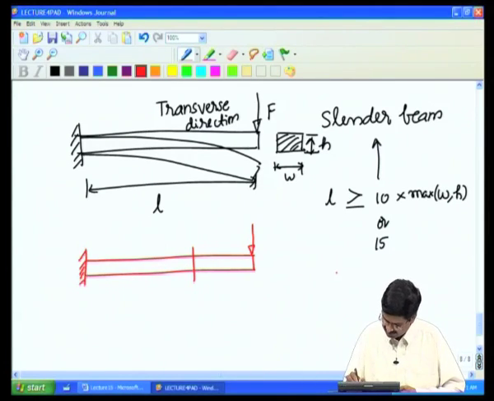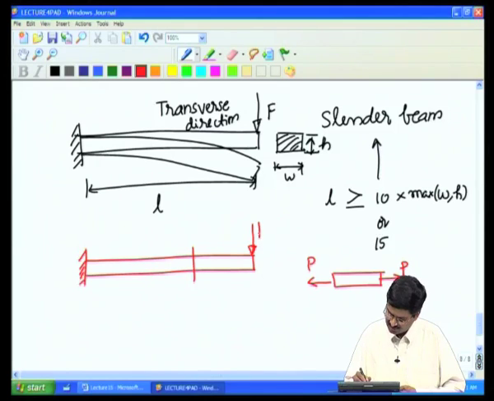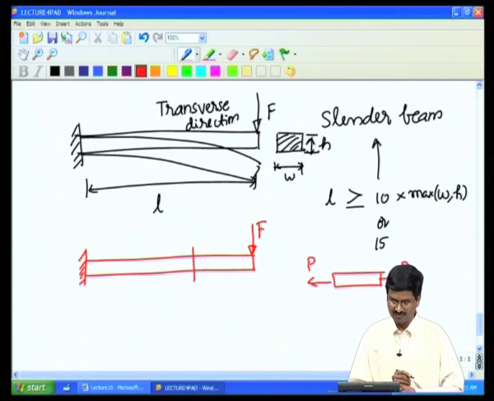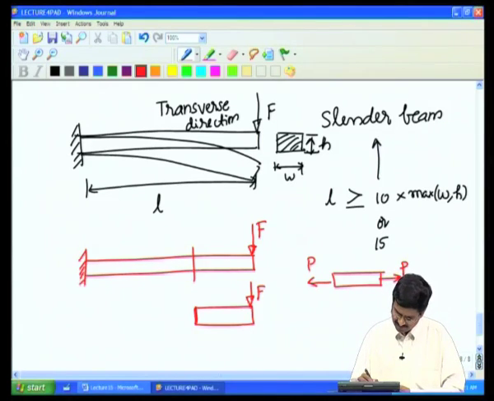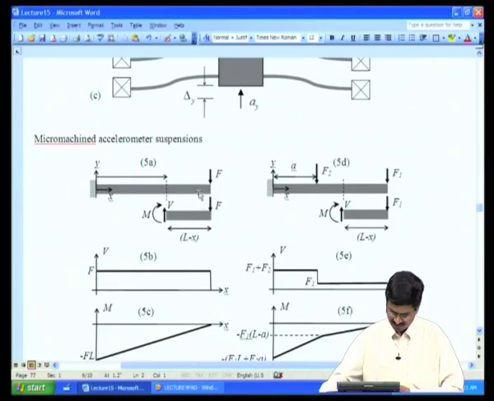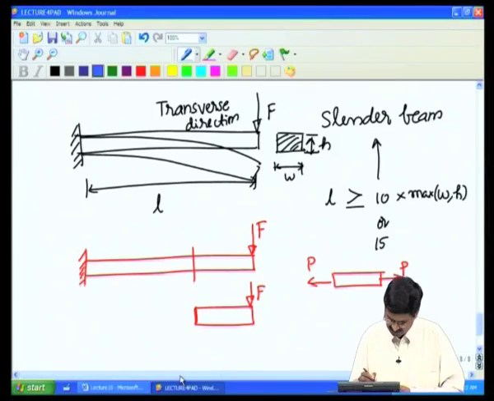If you recall, if there were to be a force in this direction, that is the force, we had P, but now we have a vertical force which we are denoting by F, transverse force. In this case, if I were to take this segment of the beam, there is a force F that is applied, what will happen here? And that will have a force in the vertical direction, as shown in the picture here, which is a vertical shear force,